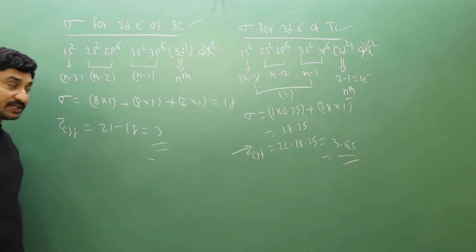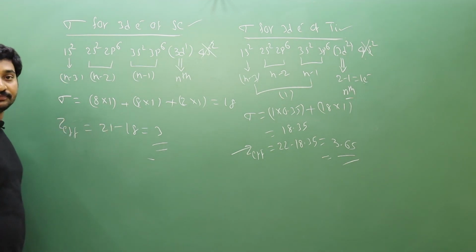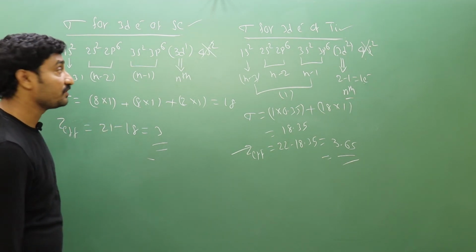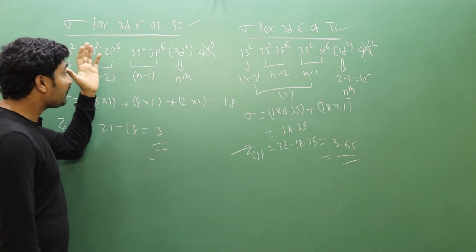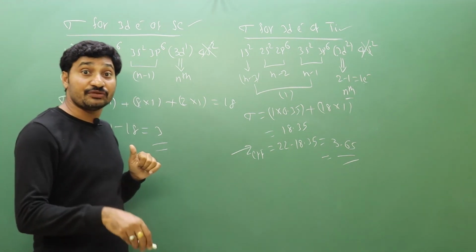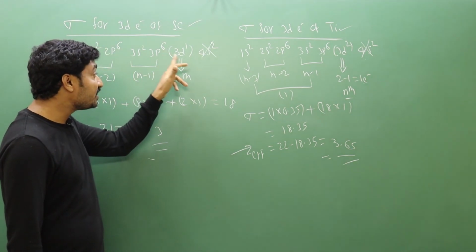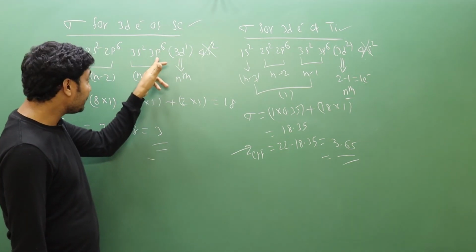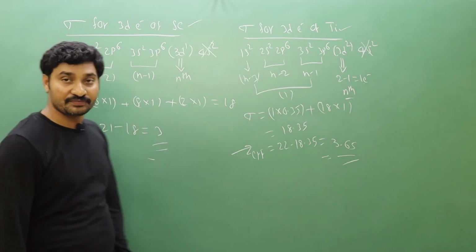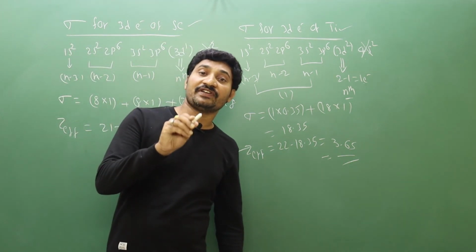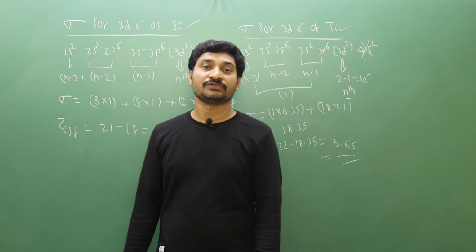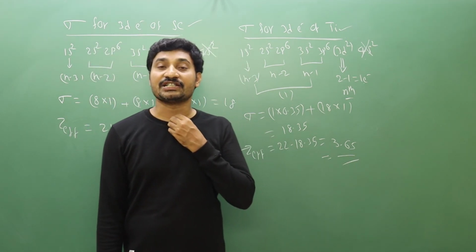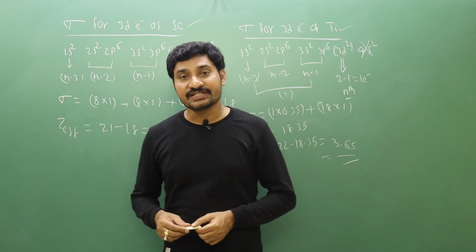Understood? Here is something different from the earlier examples, because we are calculating sigma for the 3d electron, that is n minus 1 into d electron. That one alone you consider as the nth shell. For the remaining shells, n minus 1, n minus 2, n minus 3, the values for nd and nf electrons are 0.35 and all the remaining are 1. So this is Slater's rule and the calculation of sigma.